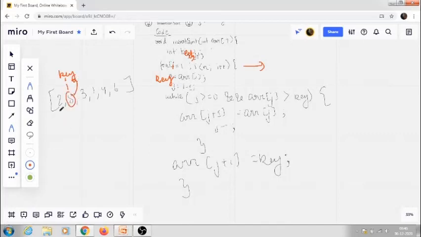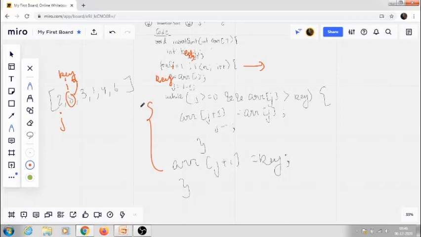Then we will compare, and j is always i minus 1, that is, it is before this. Like if i is on 3, then j will be on 5. If i is on 1, then j will be on 3. So that is always covering the precedence part. Now we will check while array[j] is greater than key, until this condition is satisfied, this specific code will run, and j is greater than or equal to 0.